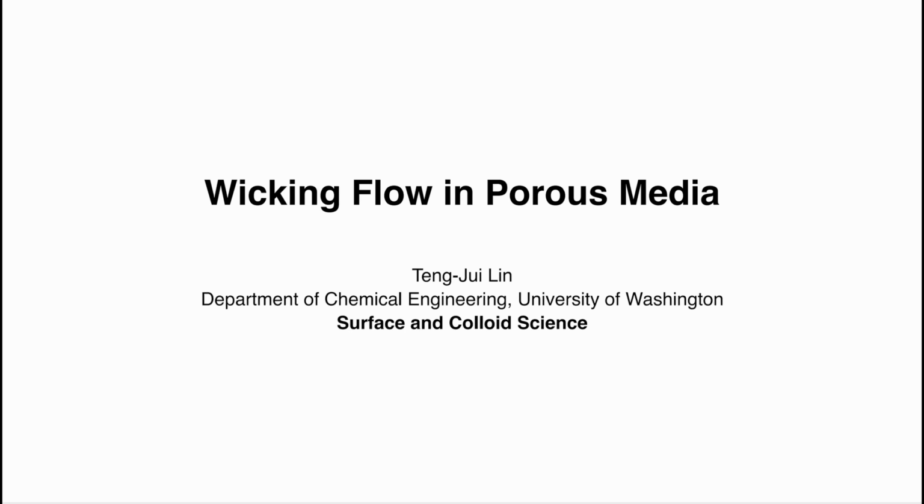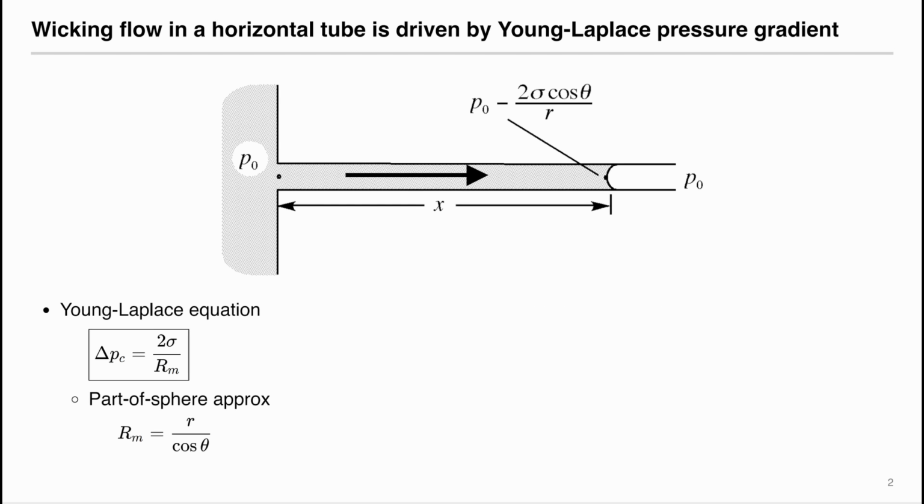Welcome back. In this video, I will go over the experiment for looking at the wicking flow in porous media as well as capillary tubes that are horizontal and inclined. Wicking is the phenomenon in which liquid goes into a porous solid under the influence of capillary forces that are affected by surface tension. This phenomenon has a wide range of everyday uses. For example, when you clean up spills using a paper towel, you're essentially wicking the water onto the tissue